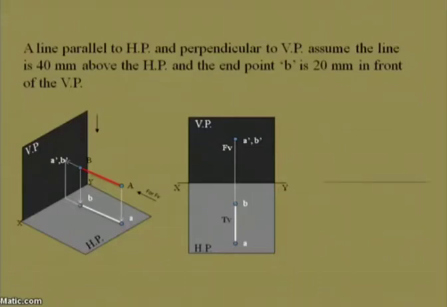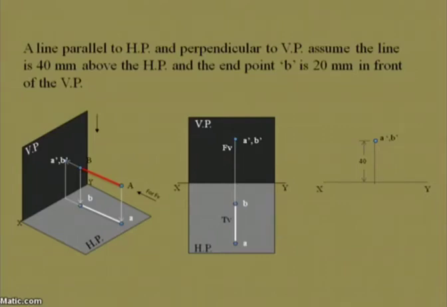For that we need to draw a reference line, the XY reference line. Give the name XY reference line. After imagining all these things, we need to draw. In front view we can see the dot point at the distance given from the horizontal plane, 40 mm above. I am representing it with a projection line and the dot point, and I am giving the name a dash, b dash. That is the front view.